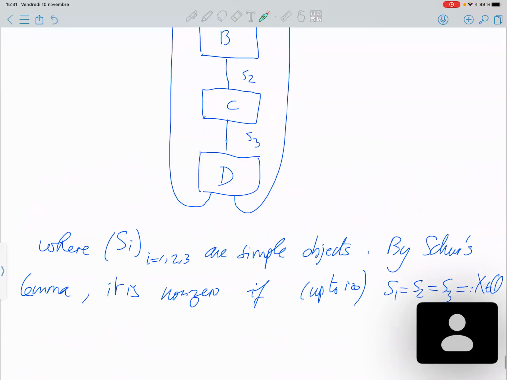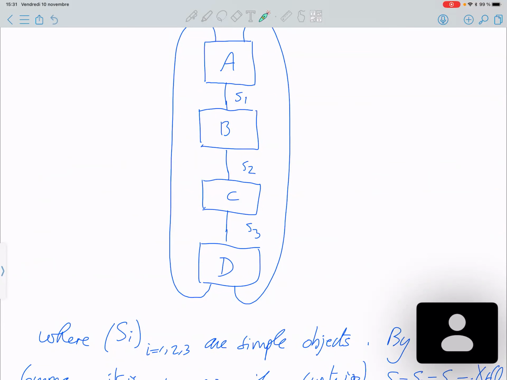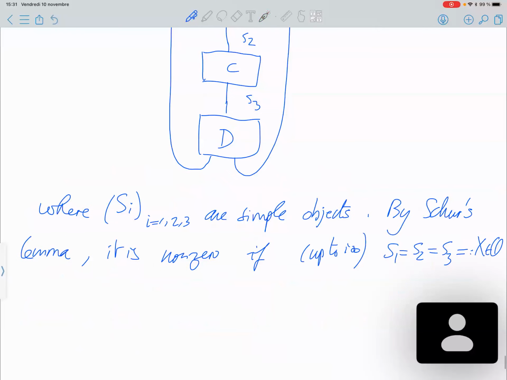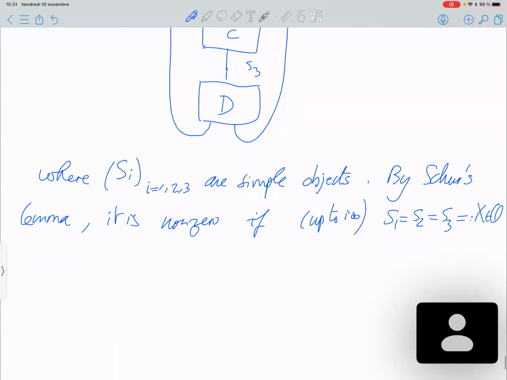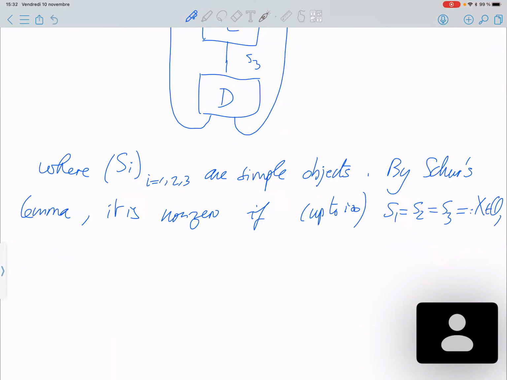So now, if it is zero, fine, or if it is non-zero, you can replace everything by X. So in this case, the non-zero case, it is equal to the following picture. You can cut it into 3 parts using lemma 2.9. So I will recall, it is equal to the following